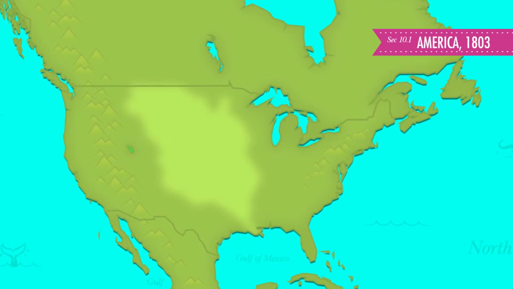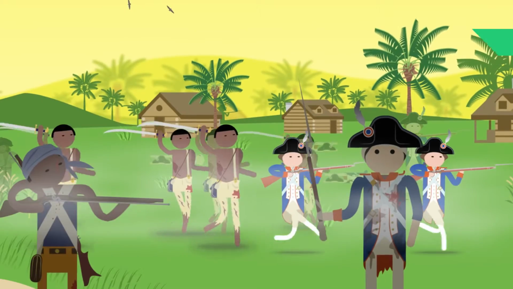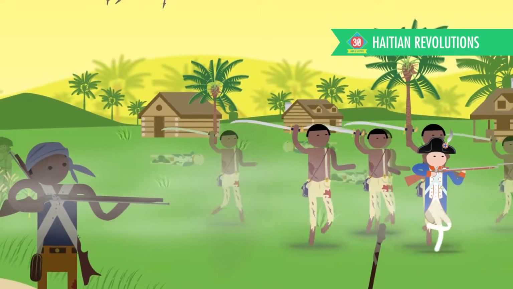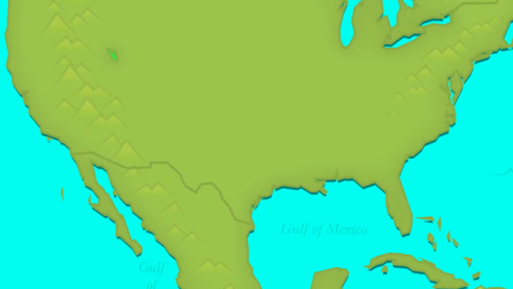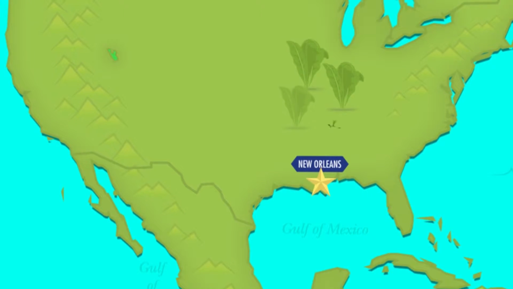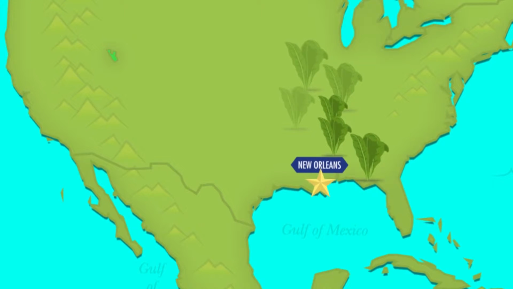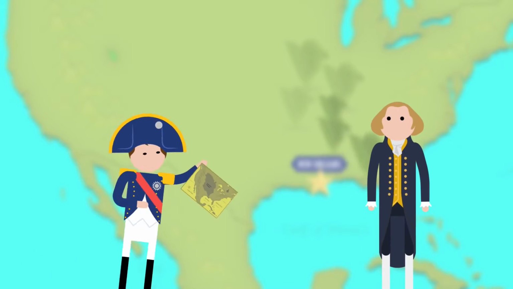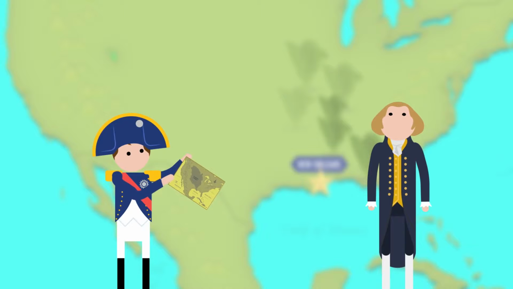So yeah, Jefferson basically doubled the size of the US in what came to be known as the Louisiana Purchase. Napoleon was eager to sell it because the rebellion in Haiti had soured him on the whole idea of colonies, and also because he needed money. Jefferson wanted to purchase New Orleans because Western farmers were shipping their products through the city, and when he approached France about this, Napoleon was like, "Hey, how about I sell you this?"